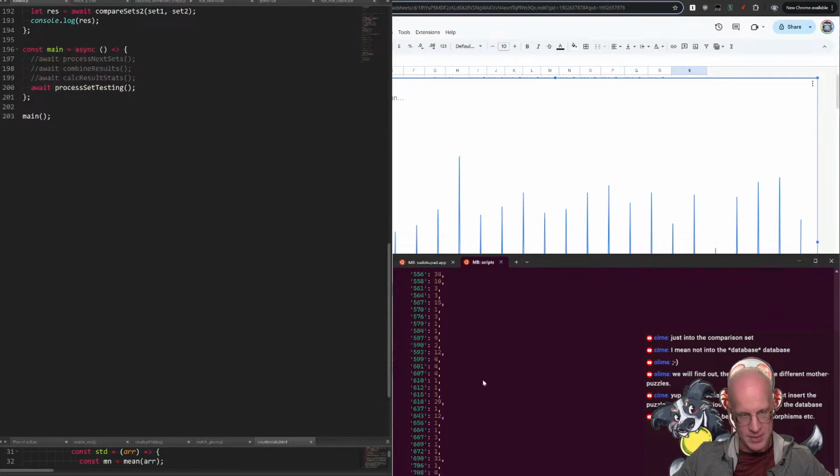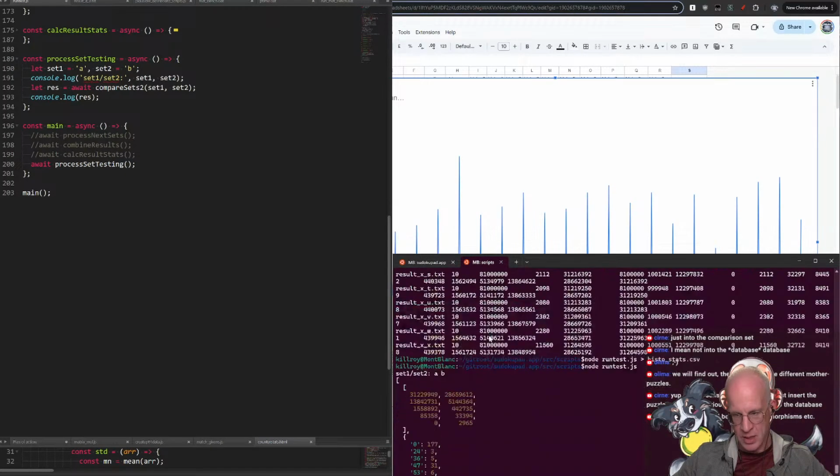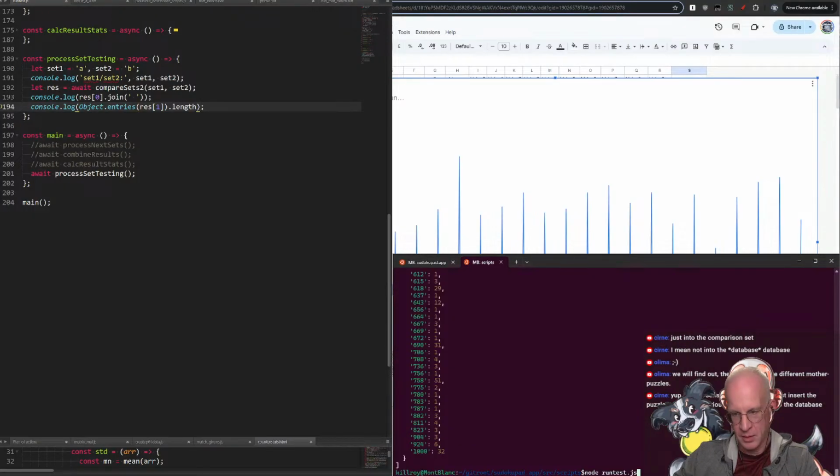So right now, instead of outputting the results, I actually just want to output the histogram first, which is the first row. We can just do it like this. And then the second row, I'm actually more concerned about the length. So if I do this, and then now I run it,